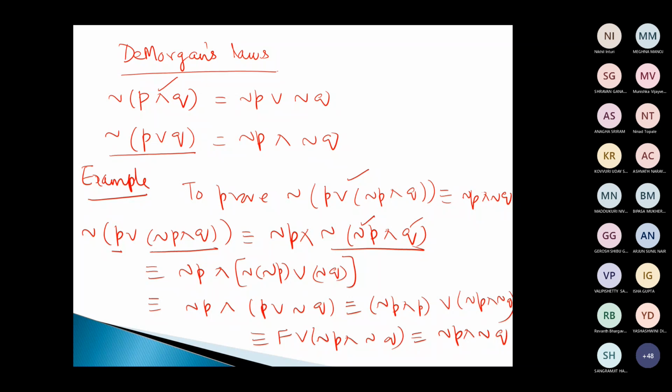Excuse me, ma'am. Yes, Peter, tell me. Ma'am, can you explain the last step? After we got false, what did we do? Here, after this, right? Yes, ma'am. False or anything. We have seen one law, right? False or anything can be compared with this here. See? It will become P itself. Null set union A. What is null set union A? Ma'am, A. So same way, false or any formula P is always that formula P. Got it. Understood, ma'am. Okay. Sure.